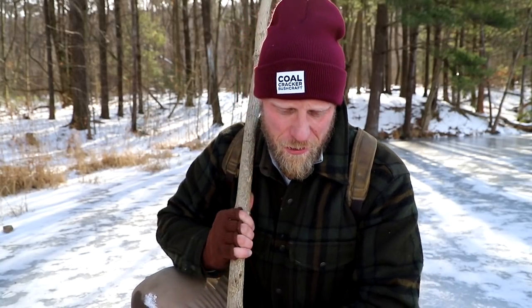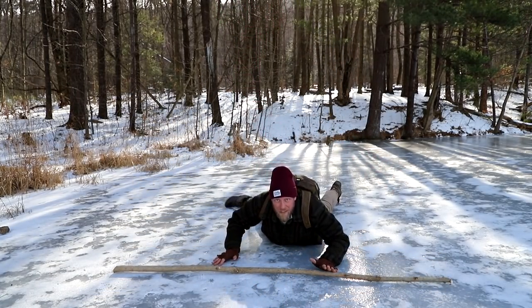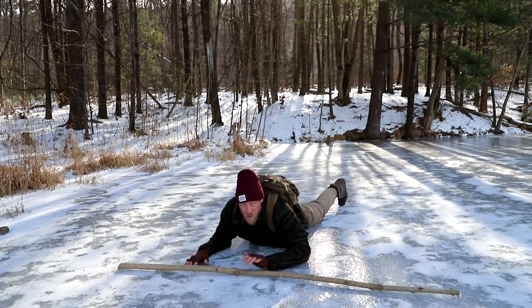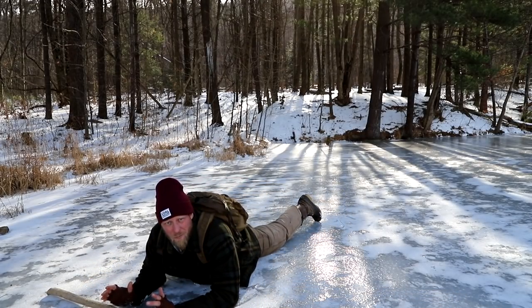So spud stick, as you've seen, is going to be your most important thing. As you go and you're testing, if the spud stick goes through the ice, then it's time to back up. You have checked up to that point so far, so it should be safe to go back. So with that said, if we find ourselves in a situation where the ice is starting to crack around us and we realize that we need to back up slowly, and you're really nervous to even walk any further, what we want to do is displace our weight out on the ice, such as this, and then start to work our way backwards to where we initially came from